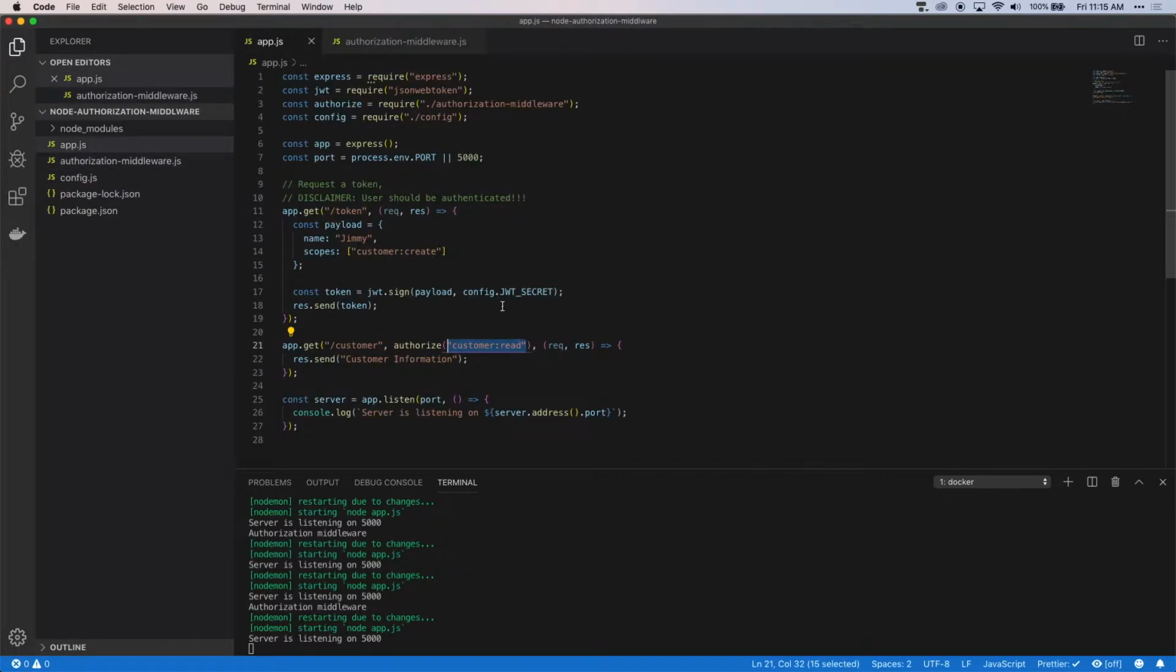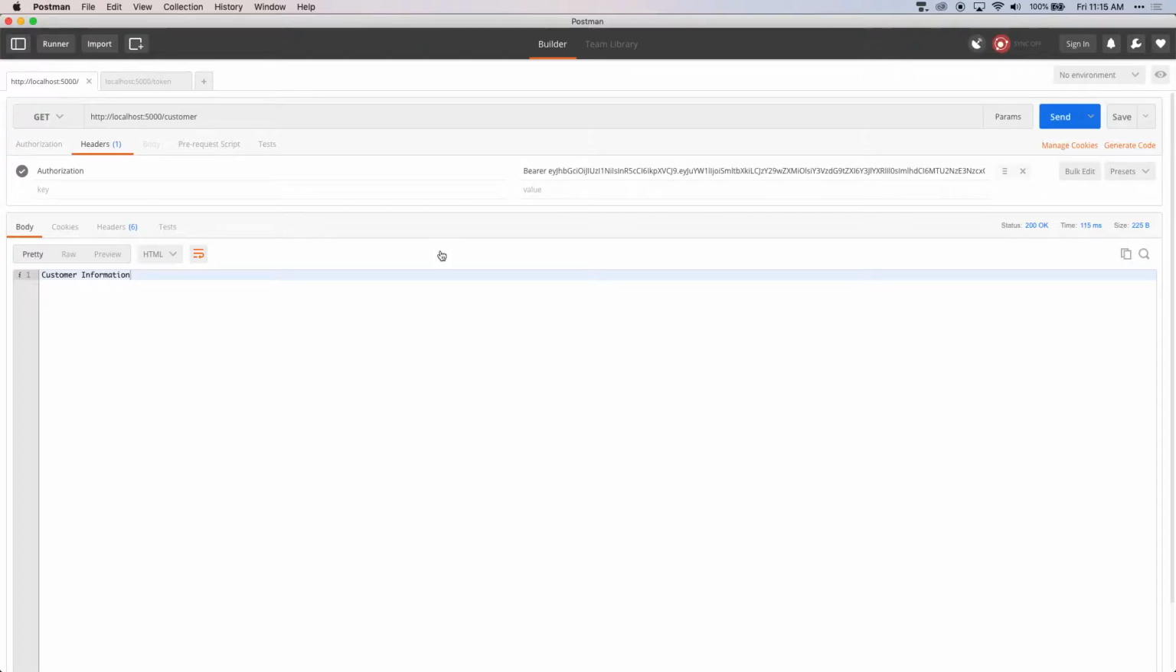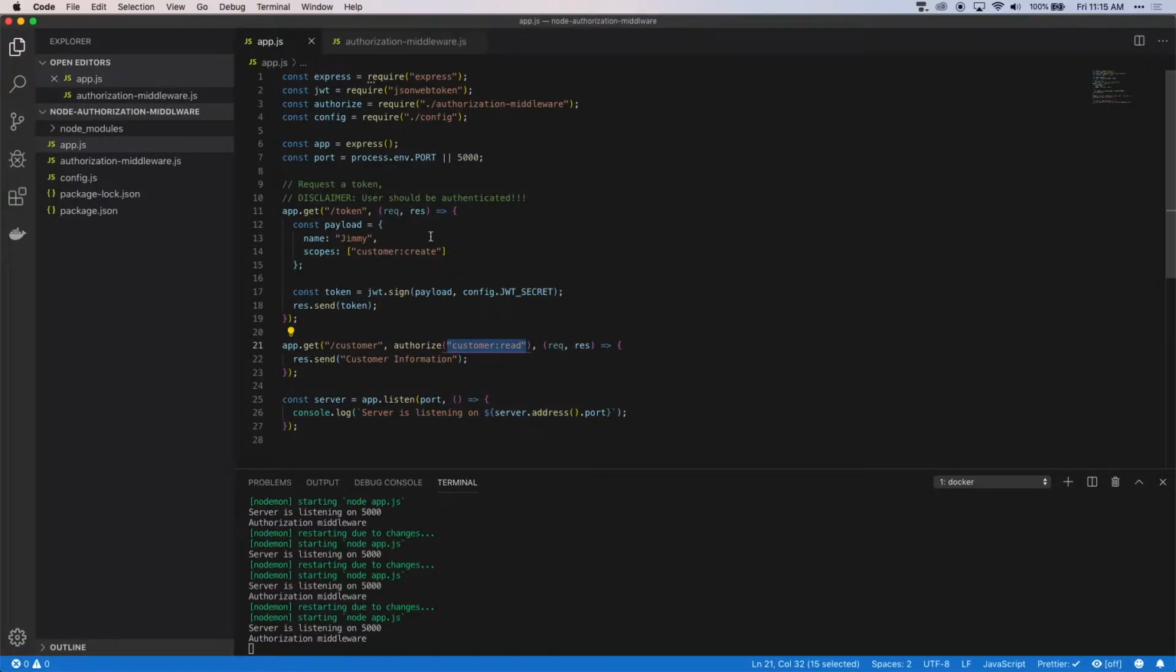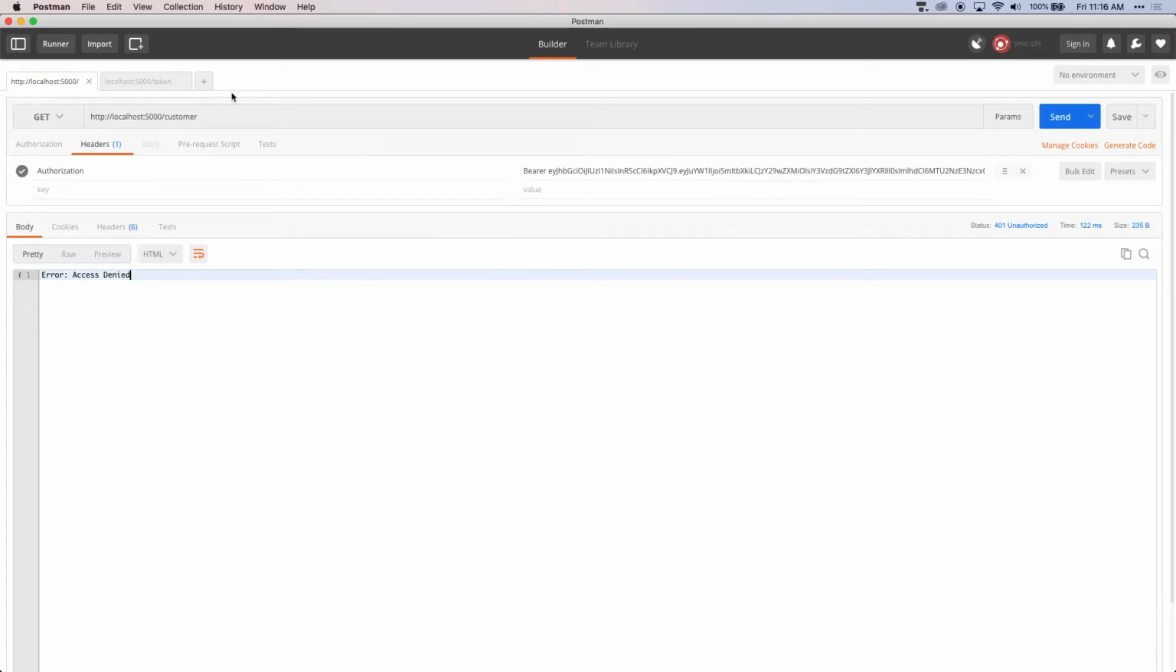So if we go back to our app.js, we can see a mismatch between the scopes that I have in my JSON Web Token and the scopes that our authorization middleware are looking for. So now I get access denied. So now we have a working authorization middleware. Now if I go into my JSON Web Token payload and give myself the customer read